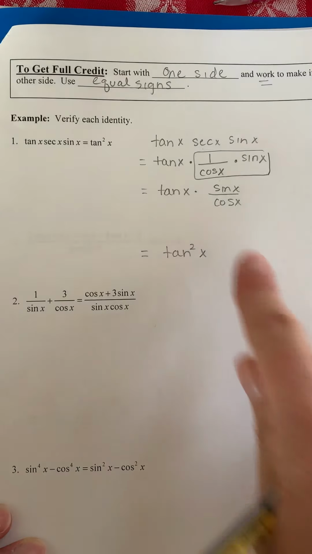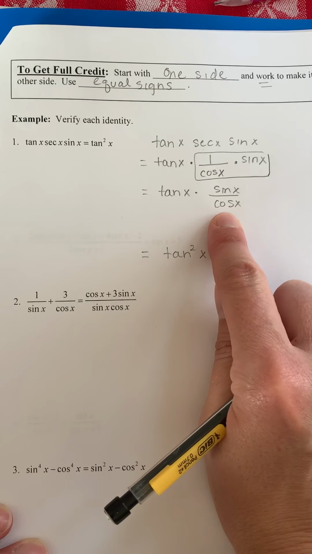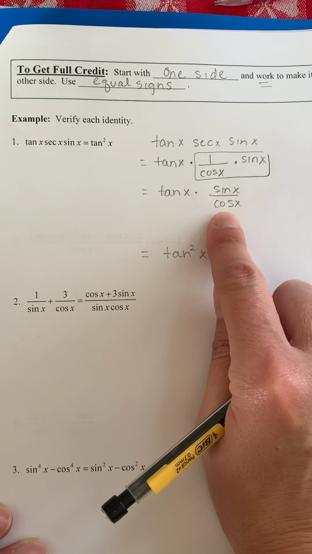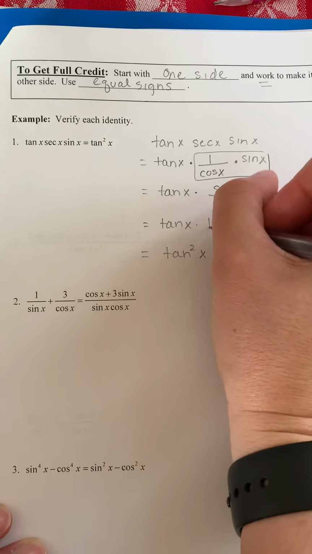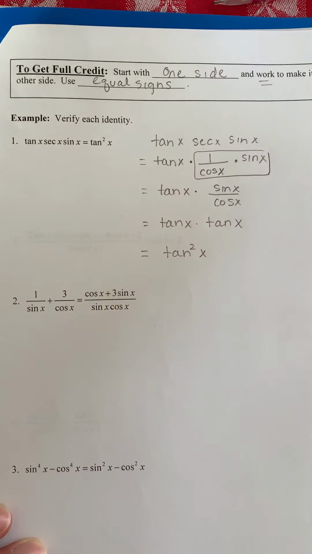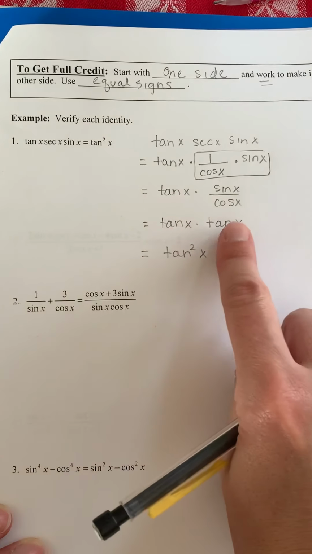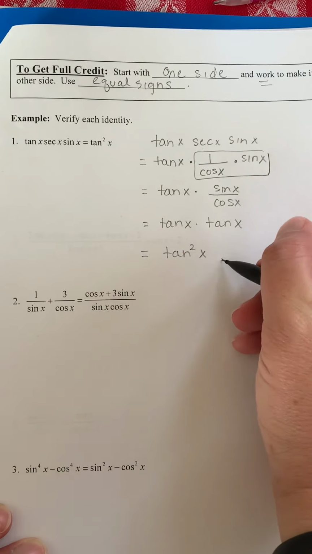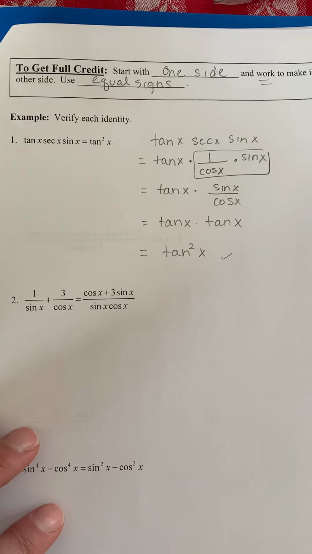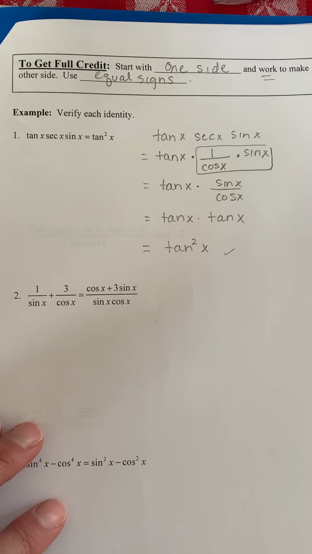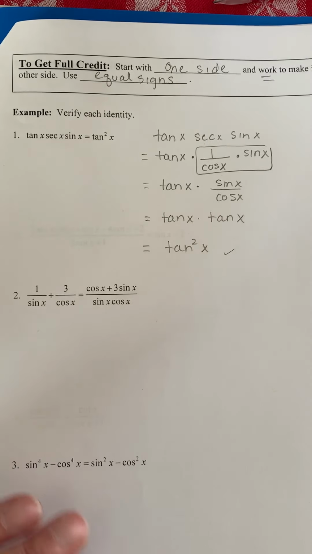Okay, now this is a quotient identity from chapter 1, so we know that sine x over cosine x is tangent x. And that does it, because when we multiply tangent by tangent, we will get tangent squared. Okay, so we've solved that first, or verified that first identity. Okay, all right, in example 2,